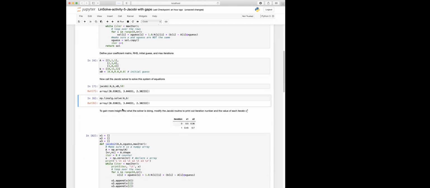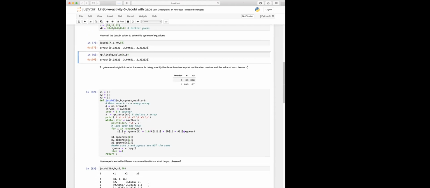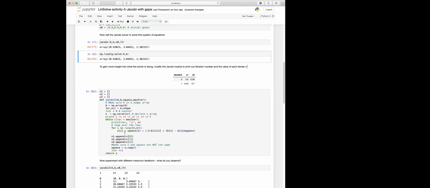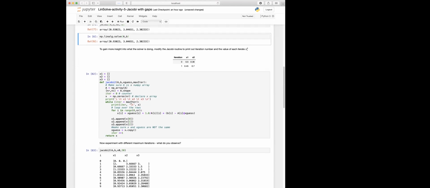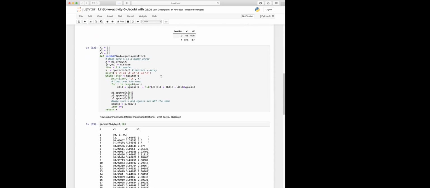However, it would be nice to get a clearer idea of what's happening inside the iterates. What I've done here is to gain some more insight into what the solver is doing. I want to print out each iterate, and I already did this here for you. And I actually want to plot the solution for each iterate as a function of iterations,